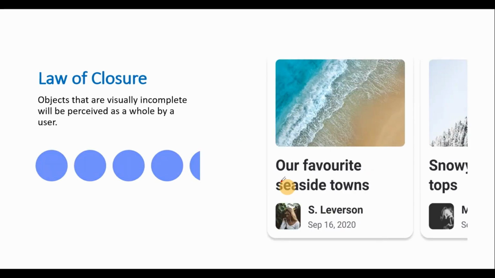And the last one is the law of closure. Objects that are visually incomplete will be perceived as a whole by users. So when you have a row of items which are scrollable to the side, this should be like a mobile view. When you have a mobile view and you want items to be in a row, you don't expect those cards to be smaller. So you create them in this format, and this also shows the user that this is one card,